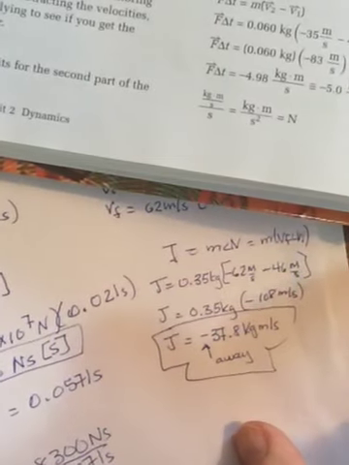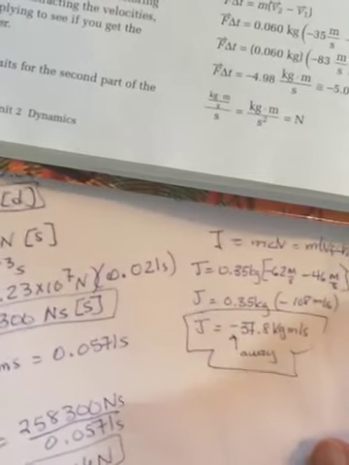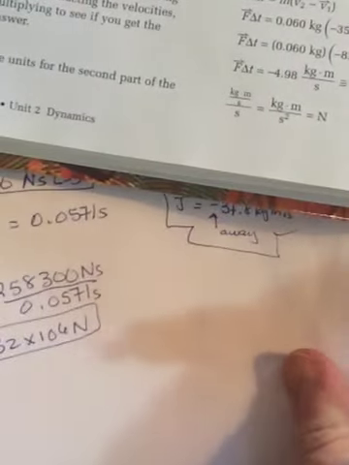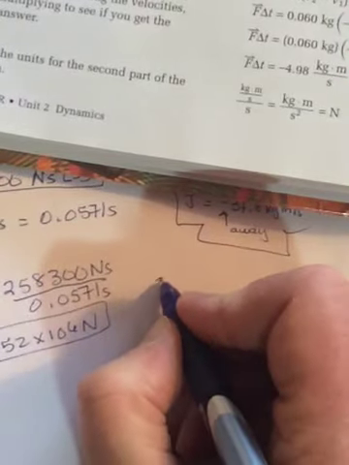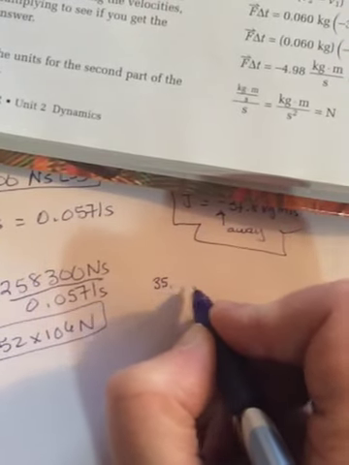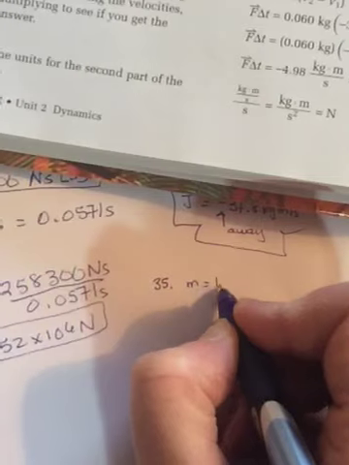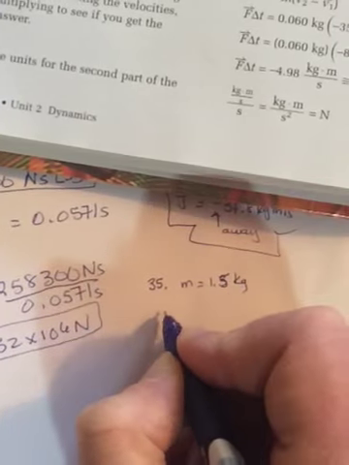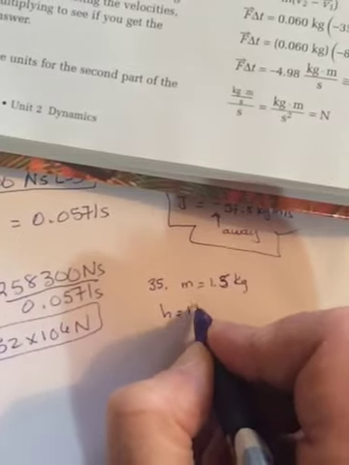All right, and the last one on this page says a student drops a 1.5 kilogram textbook from, so this is 35. So the mass is 1.5 kilograms, and they drop it from a height of 1.75